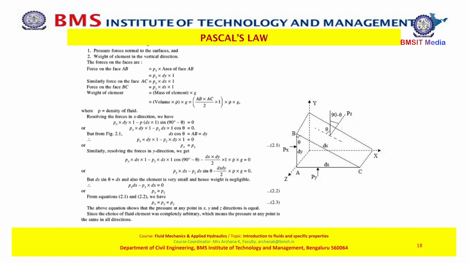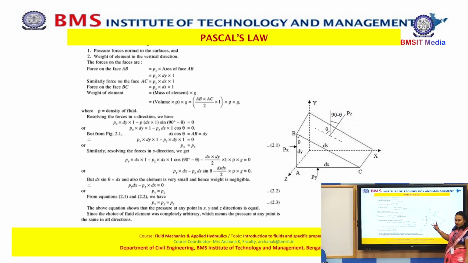In this case, we have Py in the y direction upward, which is positive, and Py into the area of AC, that is Py into dx into 1, and the vertical component of Pz. But the vertical component of Pz is Pz cos(90 degrees minus theta) into the area of BC. Area of BC is the thickness, that is 1 into ds. When you do that, and when you neglect the weight component, you'll end up with Py